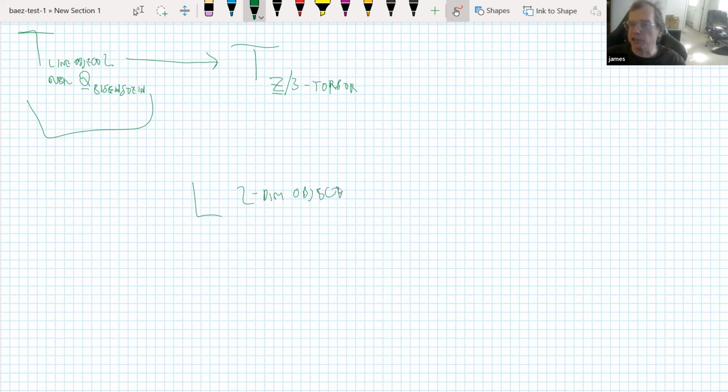Right, the line object is supposed to be one-dimensional, but here it's only relatively one-dimensional. So the underlying ordinary object of this Eisenstein line object is going to be a two-dimensional object. And what is it going to have? It's going to have